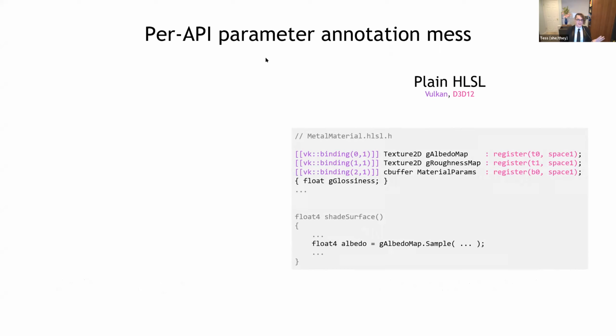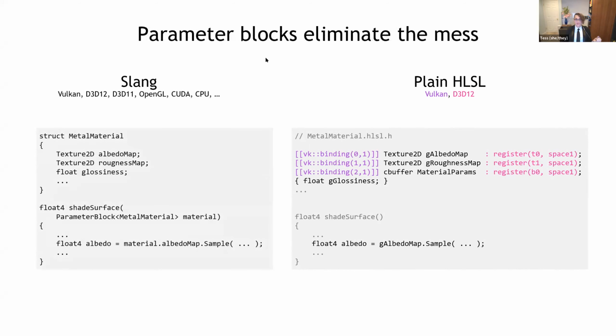So in the Slang system, we're saying we want to be able to support more platforms, and we also want to be able to support this type-oriented way of modularizing features. And so first off, we allow the parameters of a feature implementation to be scoped inside of an ordinary struct type. Nothing too magical there. And then we have an explicit language construct now. It's a ParameterBlock of T, using angle bracket parameterized type syntax here, that allows the programmer to explicitly say,